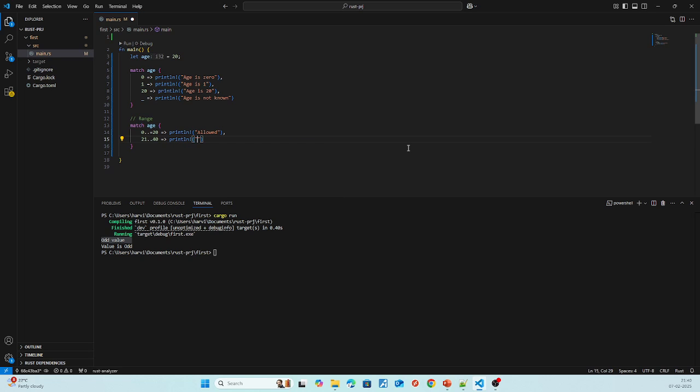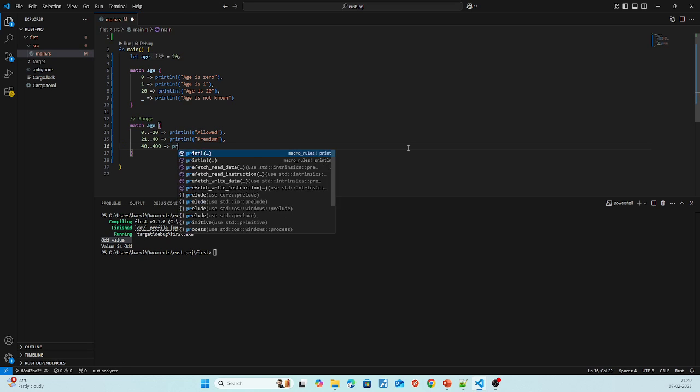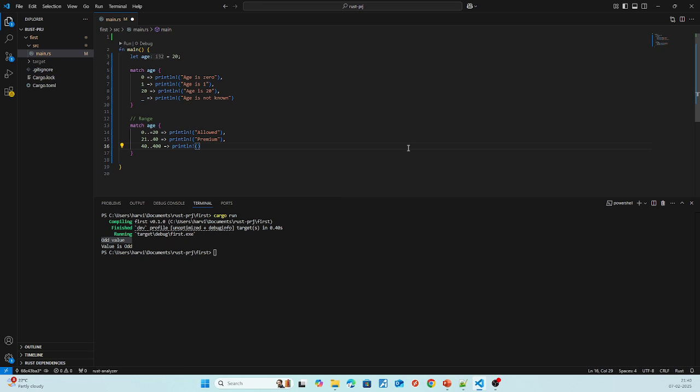Print ln, we can define premium or whatever we can say, like from 40 to 400, super premium. Okay, we can do all these things with the age. But